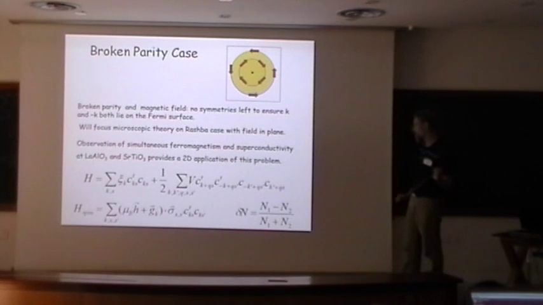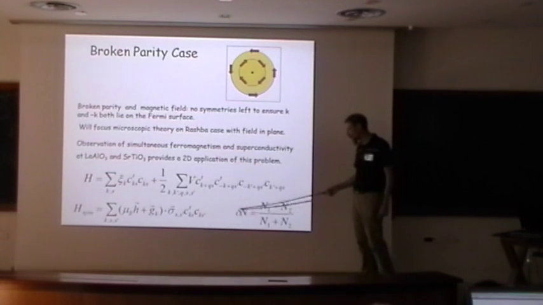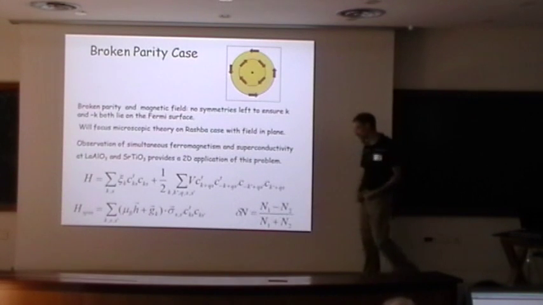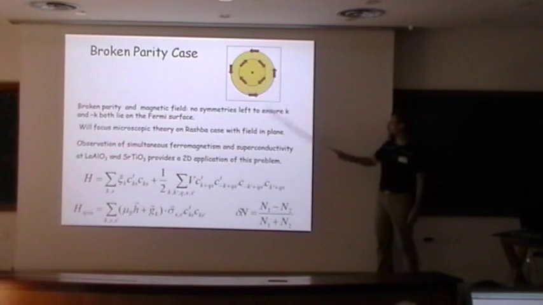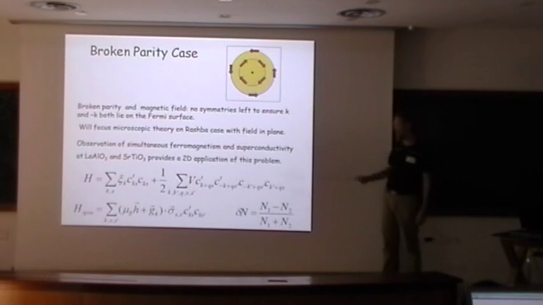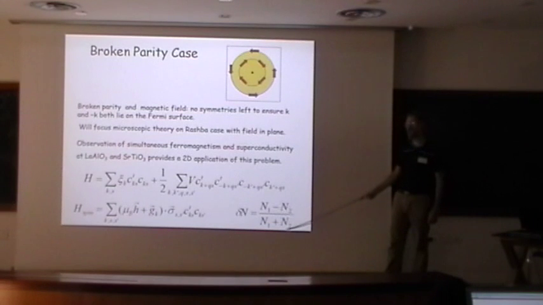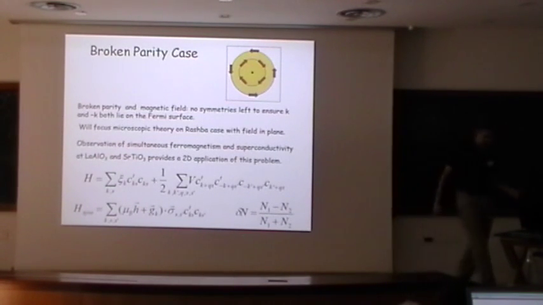One very important parameter that shows up in the microscopic theories, in fact, pretty much the only parameter that shows up, is the density of states difference on the 2 Fermi surfaces. So I have 2 bands. I say the density of states on one band is n1, the density of states on the other is n2. And so this delta n is just the difference of those 2 densities of states divided by the total density of states. And you'll see that parameter coming up a couple of times.